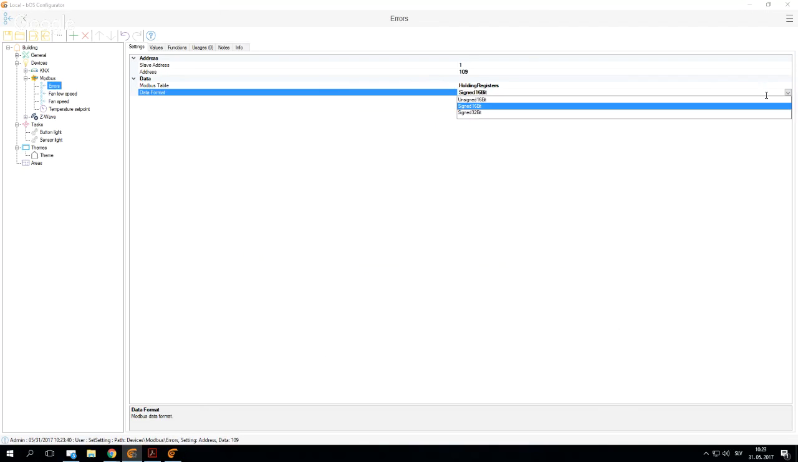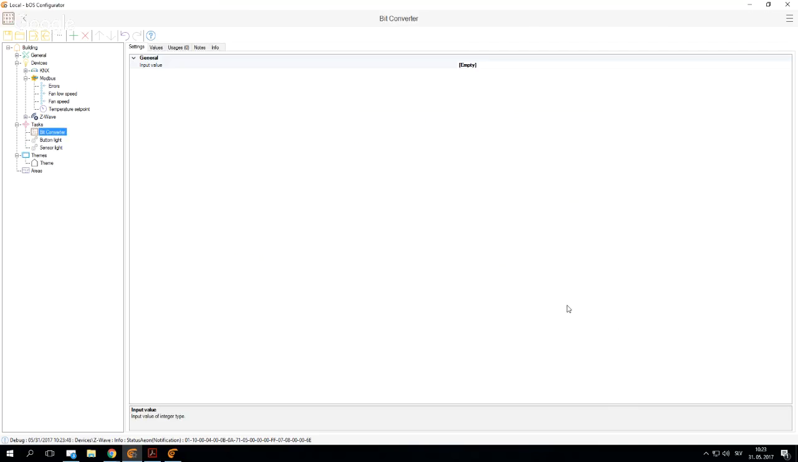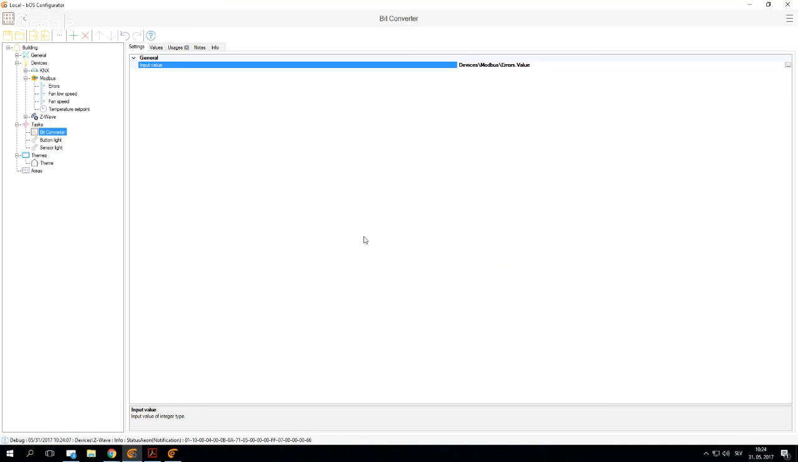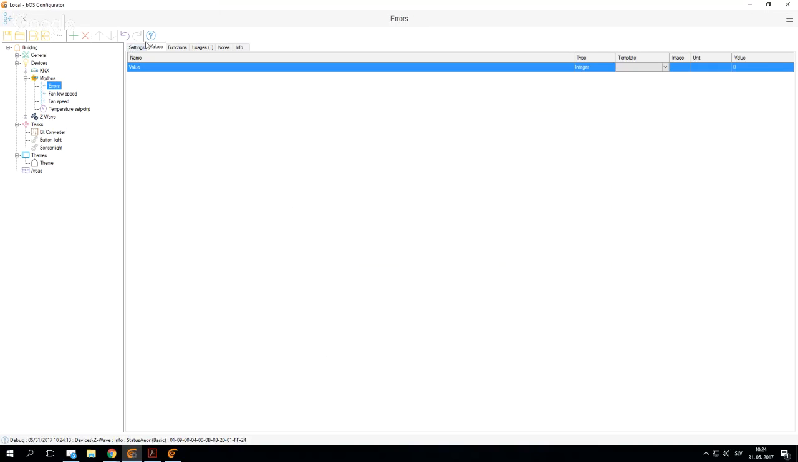And let's put it in an unsigned bit 16. So let's say that we have an 8-bit value, and each of those bits is sending us a different error message. So in this case, we can use our task manager and go to our bit converter. In our bit converter, we import our errors, so we know which value we want to look at. And now if we go under values, here we'll be able to see all the bits that are in this error